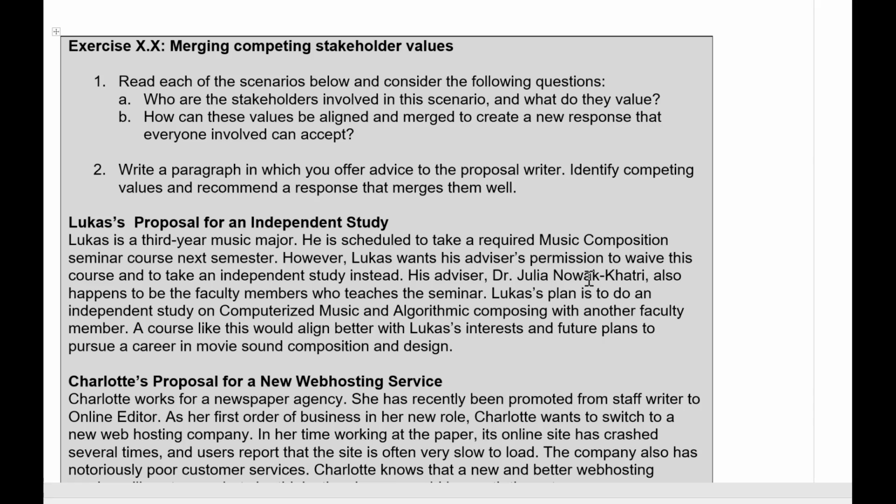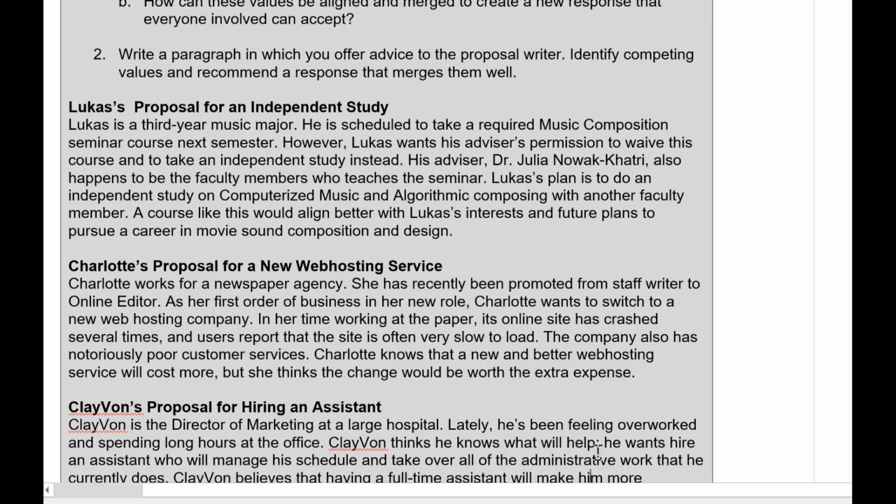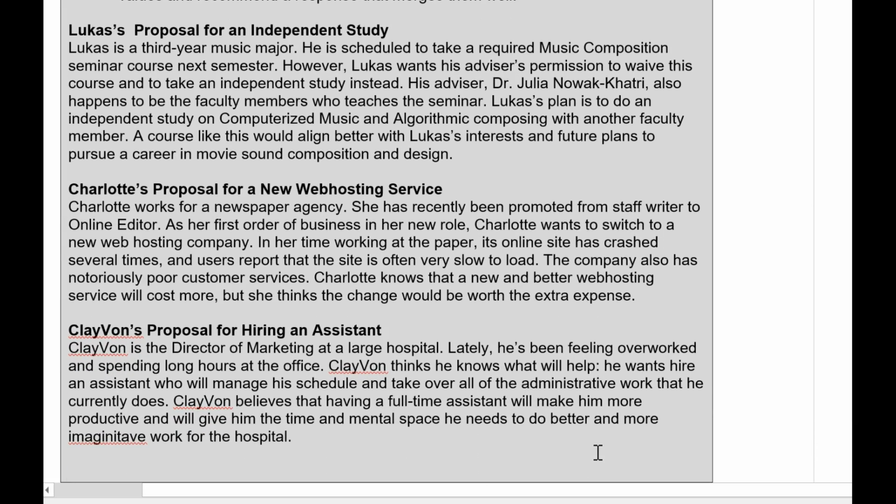What I think would just be easier if the point we want to get at is merge, is to present both points of view. Lucas wants to do this, and she says this. So what could Lucas do? What would be an alternative solution? And that's the real key thing that we want them to get from this. What if you meet the resistance? Like you don't have to just stop. This I think could be a good one if you presented Charlotte's editor's thoughts here.